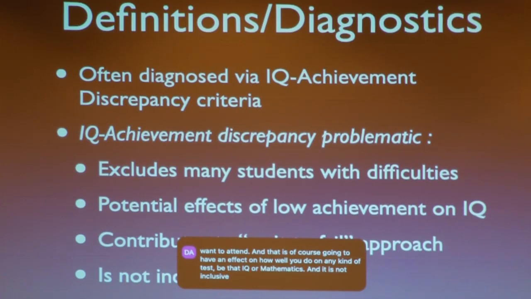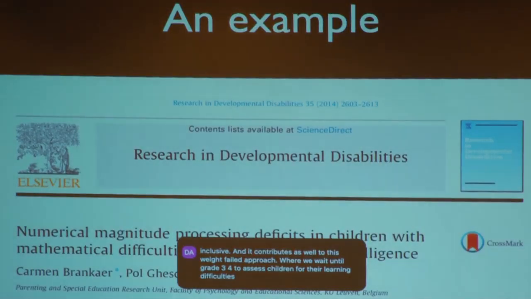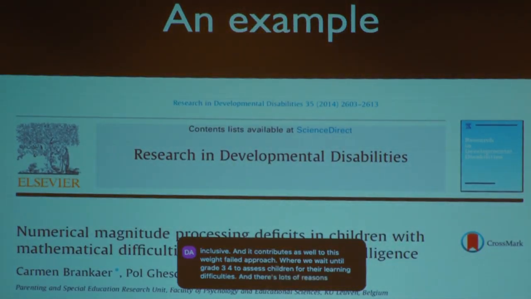And it contributes as well to this wait-to-fail approach, where we wait until grade 3 or 4 to assess children for their learning difficulties. And there's lots of research actually to suggest that this kind of IQ achievement discrepancy criteria doesn't make a difference. The children look the same on their mathematical performance, whether they have been diagnosed with an IQ achievement discrepancy criteria